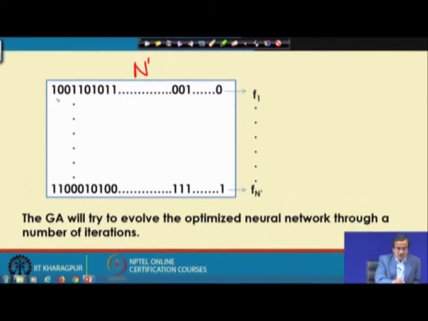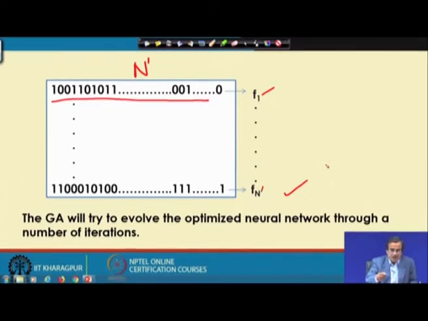Corresponding to the first GA string, I have got the fitness information, that is the mean squared error in prediction. Similarly, corresponding to the second, third, up to the last one, that is the n prime, I can find out the fitness.